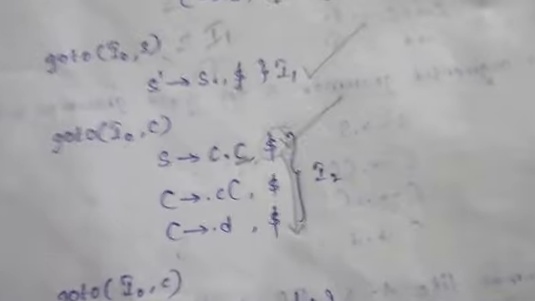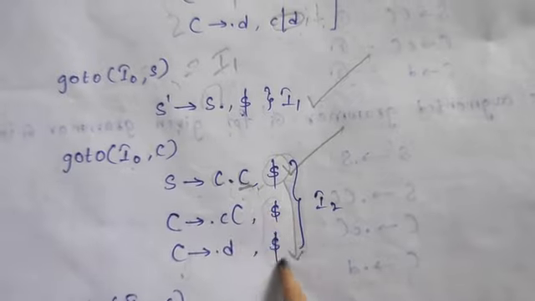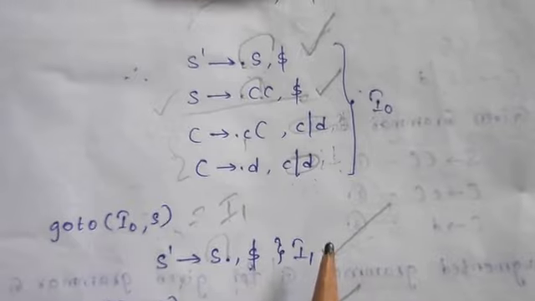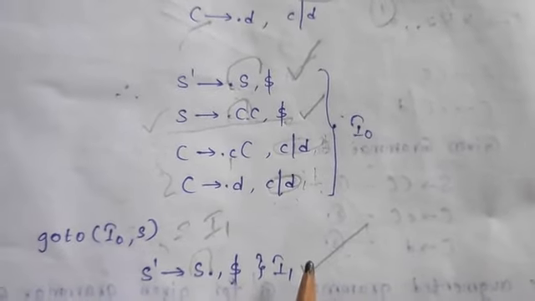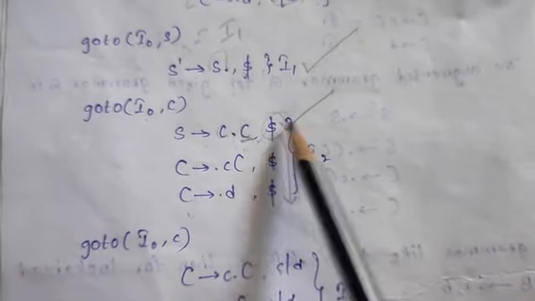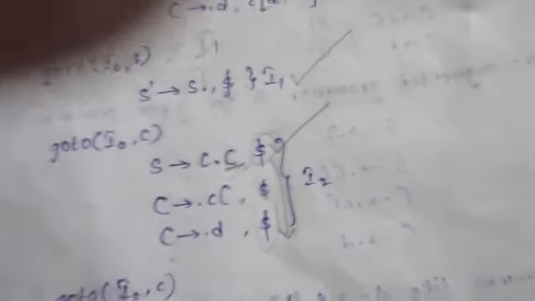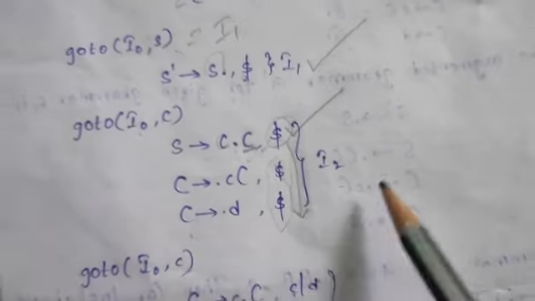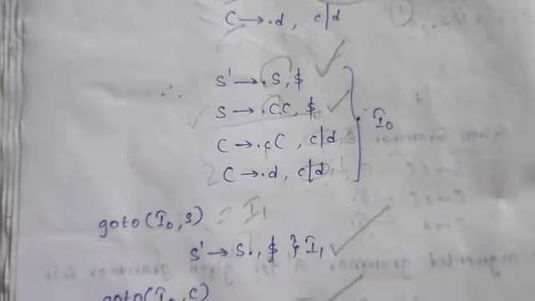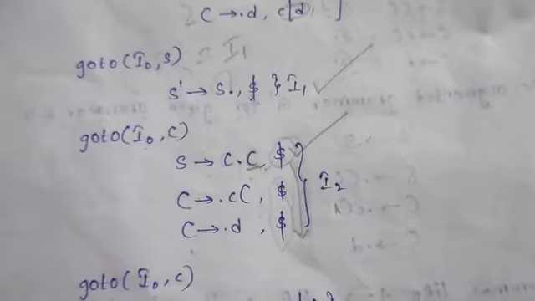Here only the dot will be before C, which means we need to place the productions, not the look aheads. Only the productions should be placed depending upon the I0 state. After that, we need to blindly follow the look ahead of whatever we are placing for the first production. That should be copy pasted to the remaining productions. Then it should be indicated by state number 2. Why? Because it should not match state number I0 and state number 1. That's why it should be indicated as I2.